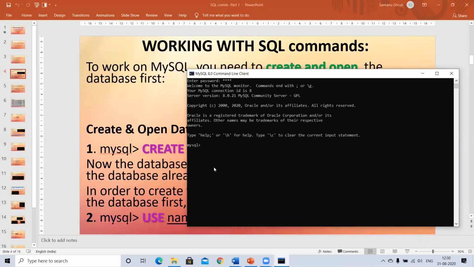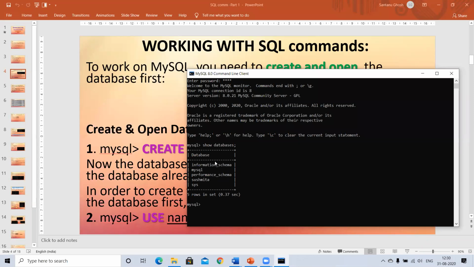So in order to see what all folders I have, my option is show databases. Mind it is in plural only. If you write database, it gives an error. Next point we need to remember, every command in SQL is terminated by a semicolon. So until you give that, it will not work. So show databases semicolon and I pressed enter.